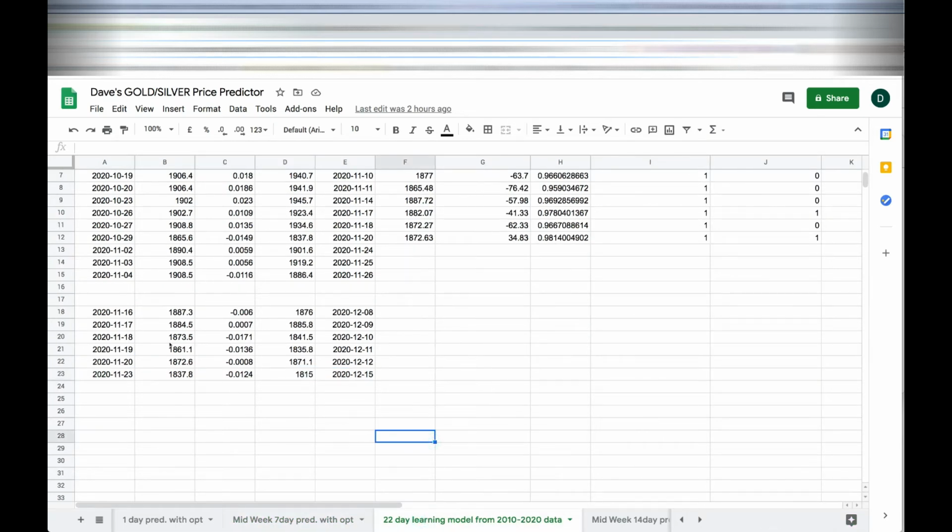I think that also when I do the 22-day learning day model, it does predict that the price of gold, so this isn't perfectly accurate, will be around 1815, right? It doesn't predict that it's going to drop much faster. Like right now, we have a huge drop from 1871 to 1837 on Monday. But it does not predict that it will have a more powerful drop. It's predicting that it might drop from the 1837 level, but the speed at which it drops is not the same.